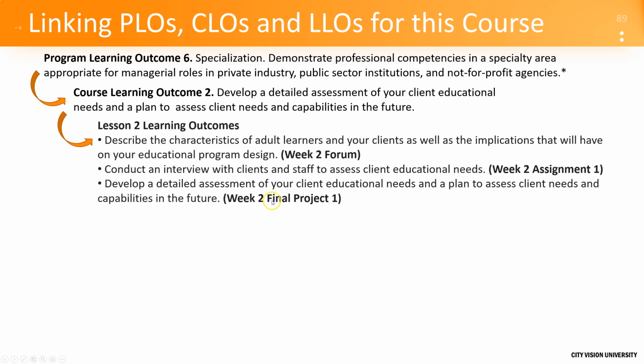Now, what's important is to recognize that these two are lower level blooms, and this one is really the higher level blooms. So after you've done this last lesson learning outcome, that's going to show that you've achieved the course learning outcome 2. Now, course learning outcome 2 builds to course learning outcome 8, or 7 or 8, which basically is going to show that you can create an educational plan for an organization, which is showing a specialized skill